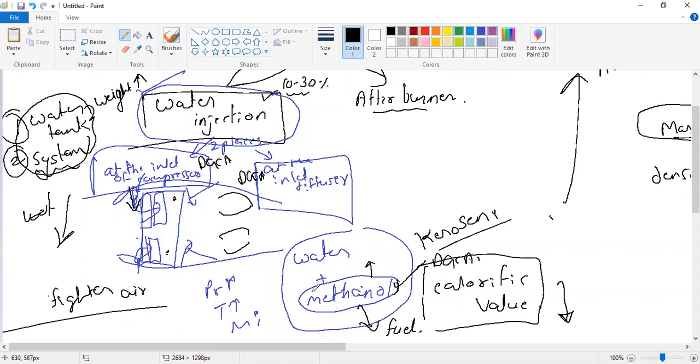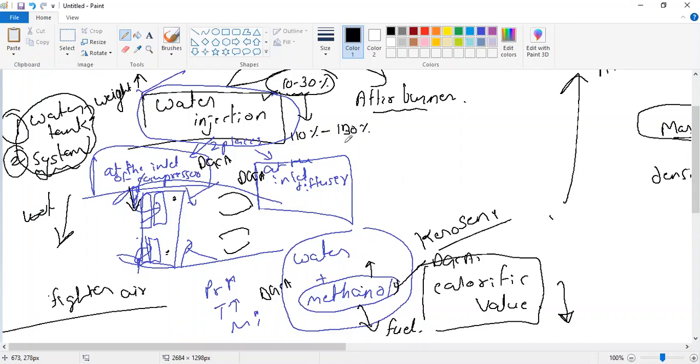They will ask why methanol is used, so you will say methanol is used to act as a fuel. What is the disadvantage of using methanol? Methanol has a lower calorific value than kerosene. How much is the thrust increase in the water injection method? 10 to 30%. This will be twisted in the exam, and they will say after using the water injection, the thrust provided by the engine is 110% to 130%. Both of them are correct. Here he will say how much is the increase. Here he will say what is the new thrust. So new thrust is 130% of the original thrust.